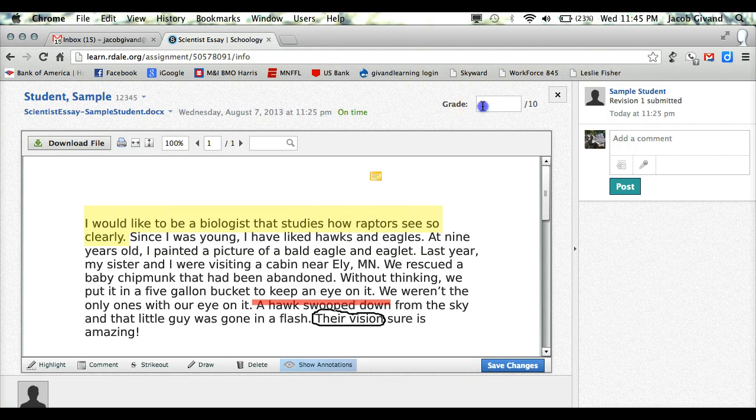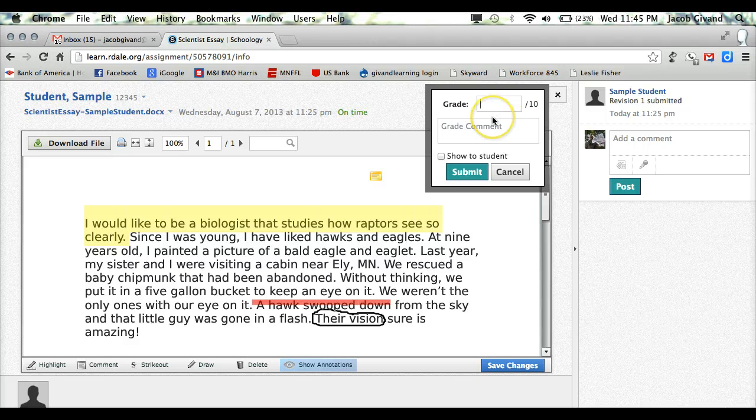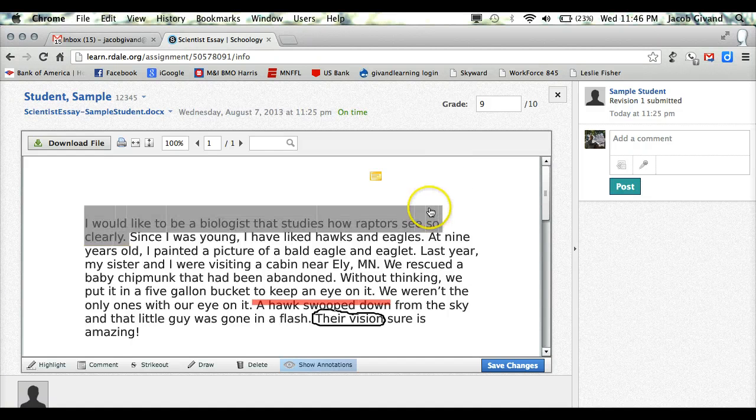And let's say, based on all this, I was going to give them 9 out of 10 points. And I would say probably great detail. And then I would say, oh, the student can see that. Now you wouldn't have to put the comments, just the points if you want, but then I'd say submit. And there we go. Now if there were more students that had turned this in, right from this screen, there